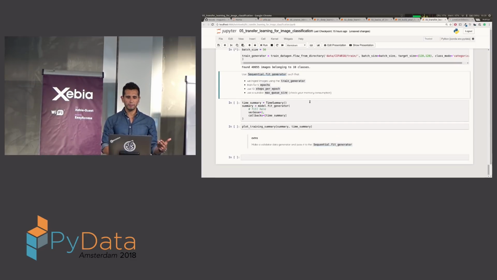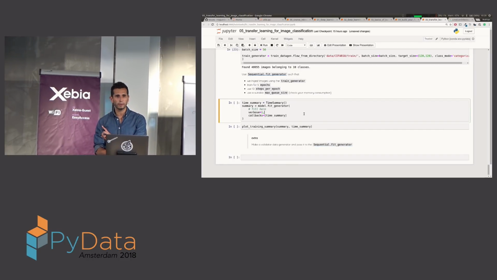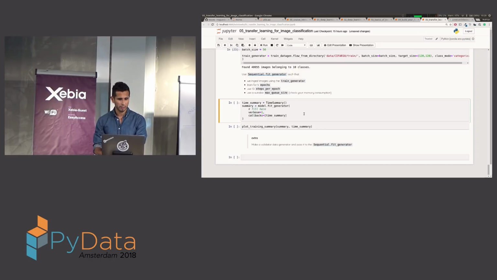Right? So it went and found the 10 classes with 48,000 images. Right? But they're not loaded in memory. That's very important. It's not loaded in memory. So now when I train it,